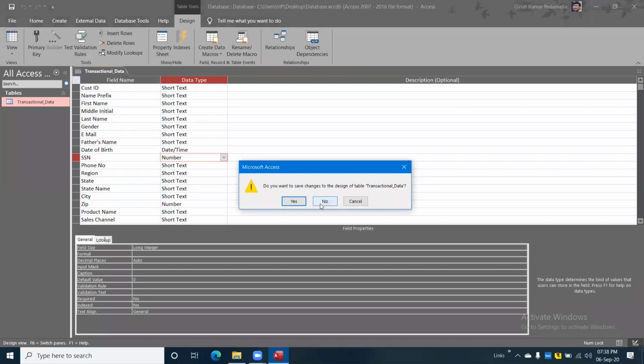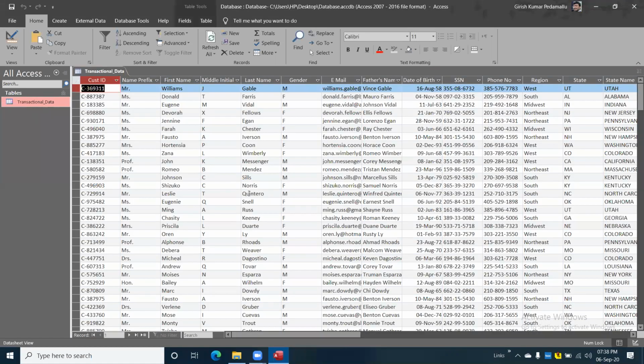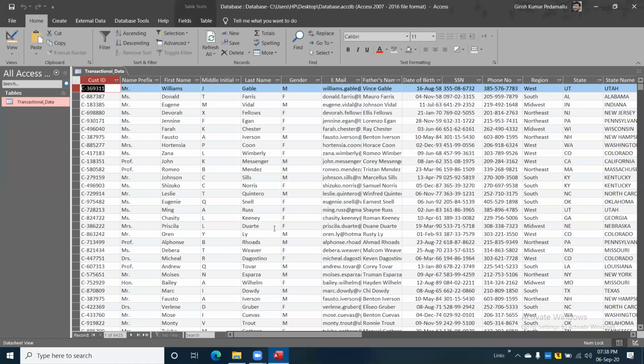So till now, what we are trying to do is import all the 5 files into one MS Access database. Why we are doing it instead of Excel is that you may have thousands of lakhs of records, and MS Access can still handle it. Whereas Excel has a limitation of rows to 1 million. That is the reason we are importing the data into MS Access. I hope up to here it is clear.